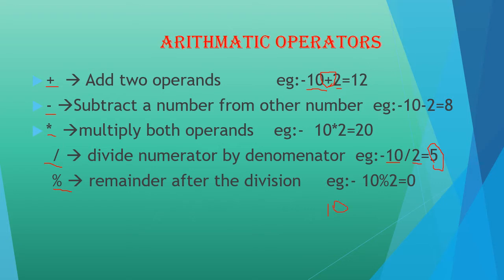10 and 2, for both the operations we needed the division. So here I can say that when it is divided by 2, it goes 5 times, that is 5 2s are 10. So I can write 10 here and subtract it, and the remainder is 0. From this it is clear that 5 is the quotient, or Q, which is the answer for division, and 0 is the remainder, which is the answer for 10 mod 2. So that's about the arithmetic operators.